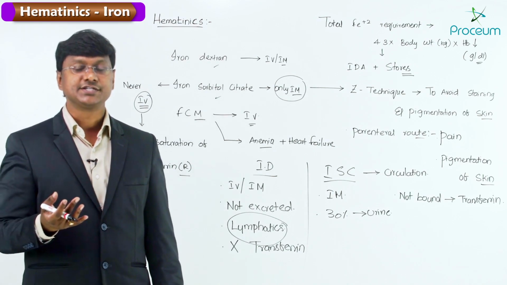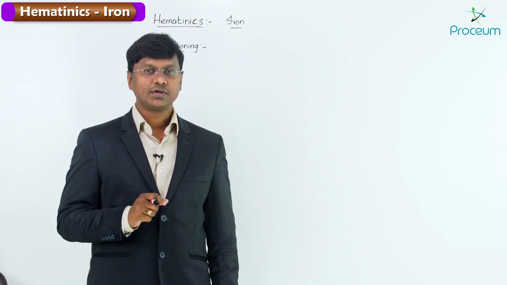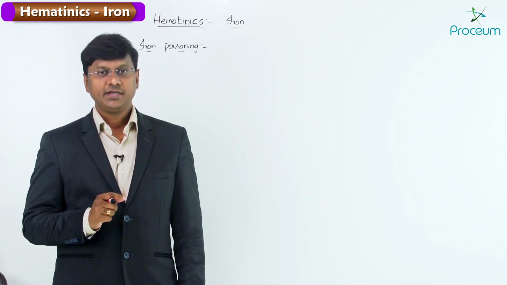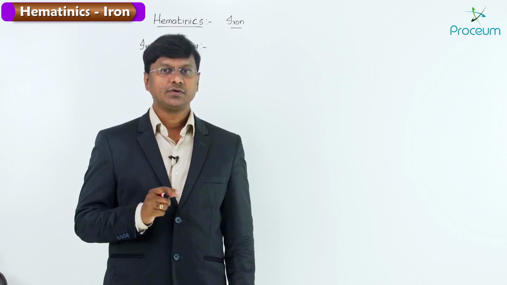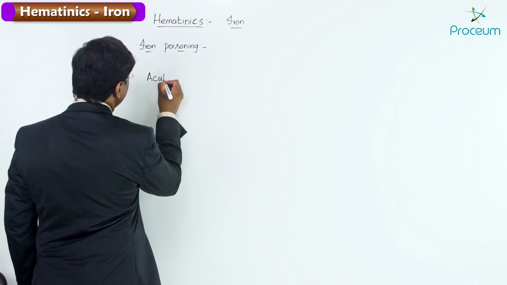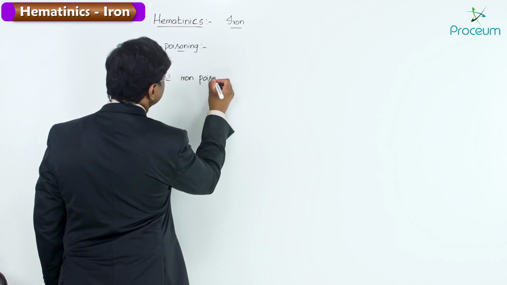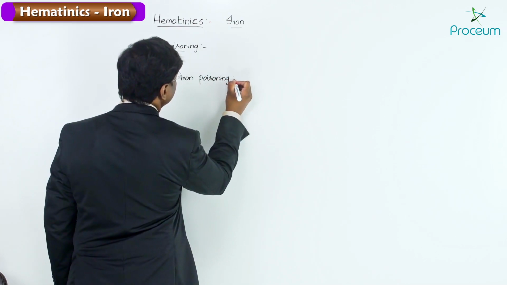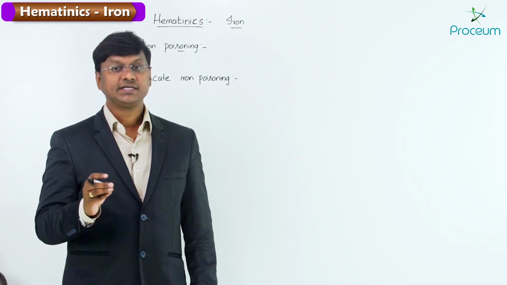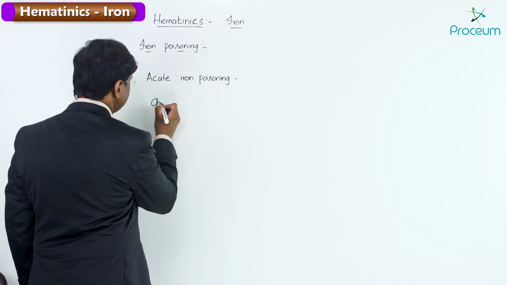Now next let me take up the discussion of the iron poisoning. So after having discussed the iron preparations, that is oral and parenteral preparations, let me discuss iron poisoning. Iron poisoning can be in two forms, either acute iron poisoning or chronic iron poisoning. So let me discuss acute iron poisoning. Acute iron poisoning can occur in children due to accidental intake of large number of iron tablets, right? So it is seen in children